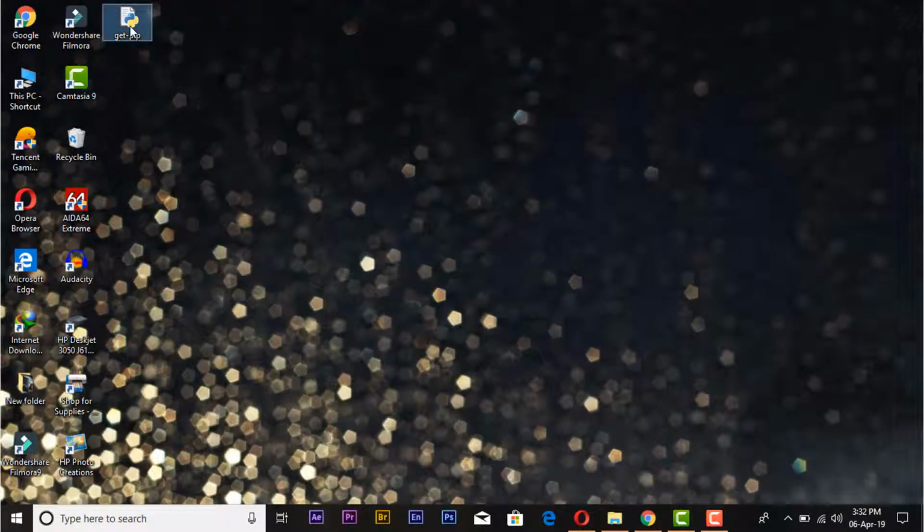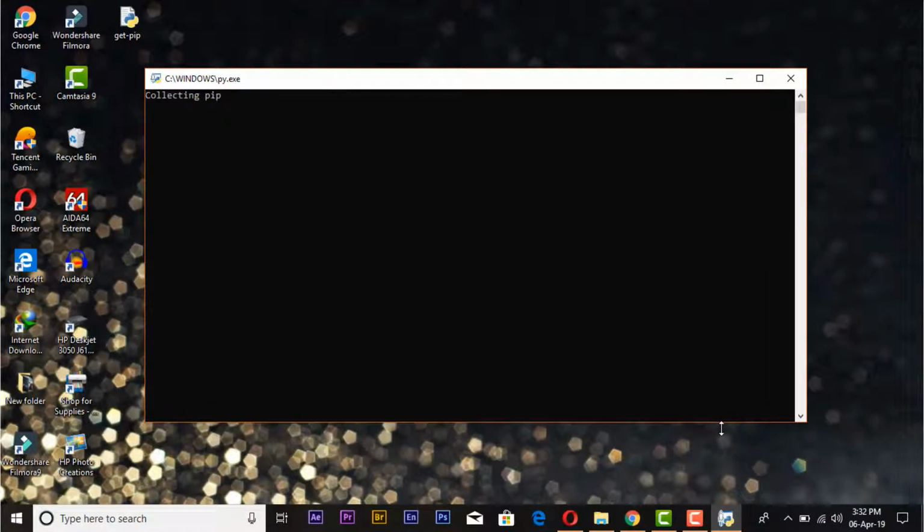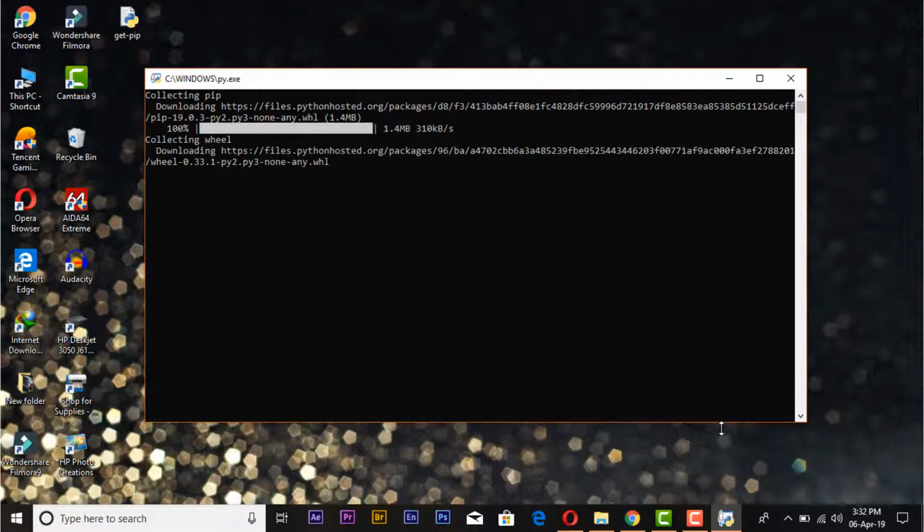Here is your downloaded file and you can install it by simple double-clicking. Here you can see that installation is in progress. Now you can see that the installation of pip has been